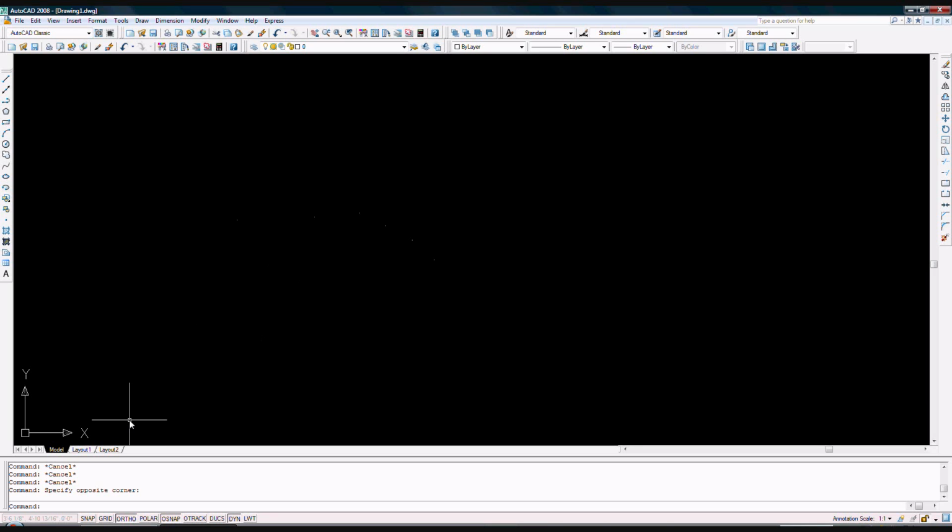And the PDSIZE I'm going to show you. So before I do that, since this is a point, it's not going to show the size that big. So I'm going to change the PDMODE. I'm going to put it as, say for example, 3. So I have a cross. Now if I type in PDSIZE,